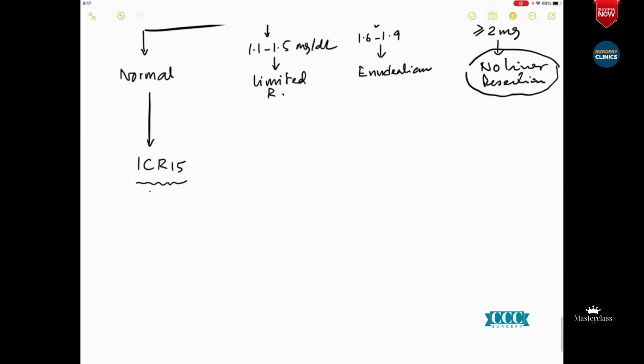And if the ICG R15 levels are normal, then and only then can you go in for a trisegmentectomy. I hope you know what is a trisegmentectomy and what is a bisegmentectomy. Okay. However, now with the ICG stories in place, remember that,